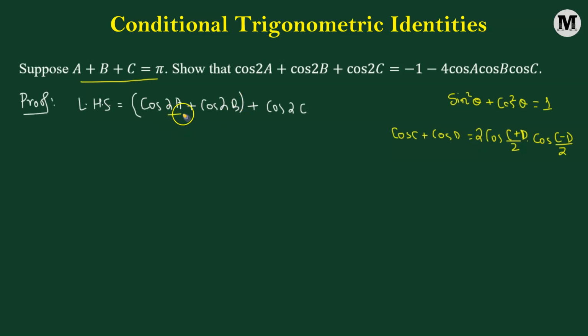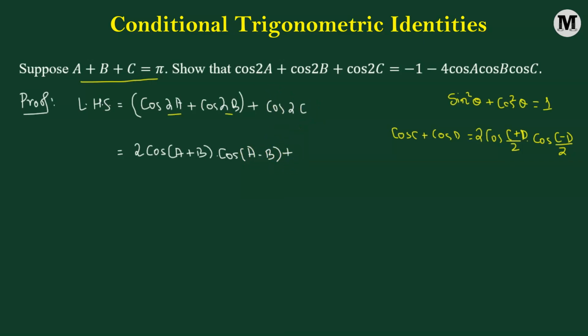So here C corresponds to 2A and D is going to be 2B, such that we are going to get 2 times cosine of angle (A plus B) multiplied to cosine of angle (A minus B)